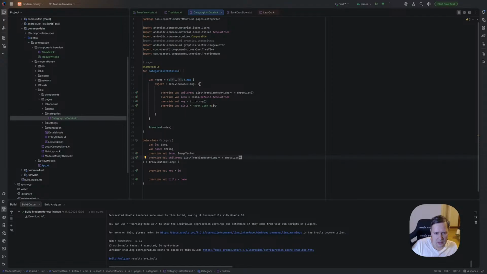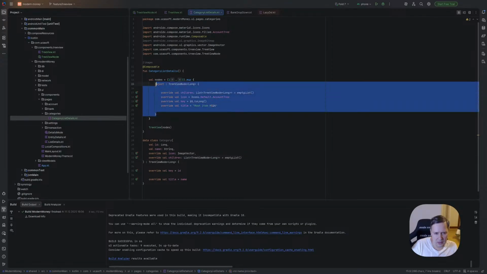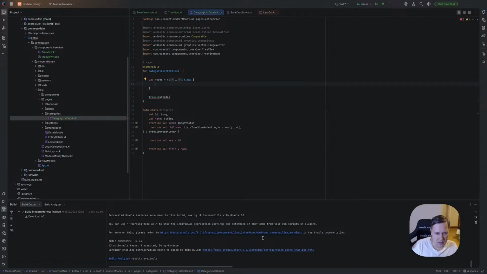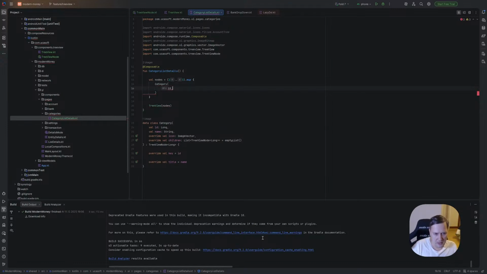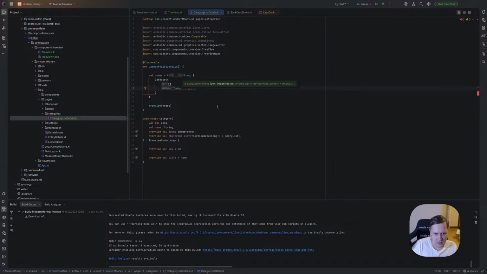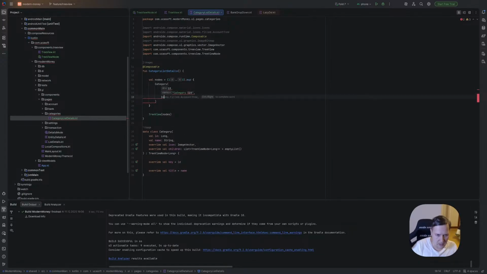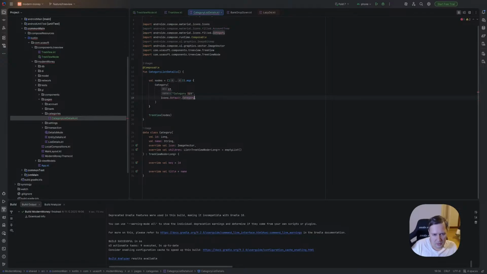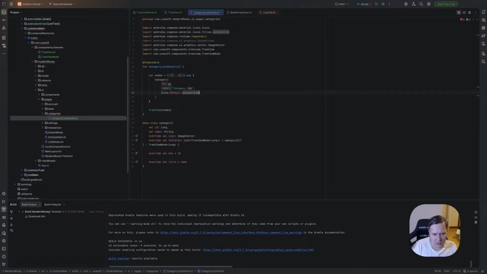So now here we can create our category. So ID it will be it, name it will be category it, icon it will be Icons account tree, but we have some categories, not filled, default category, account tree is okay.